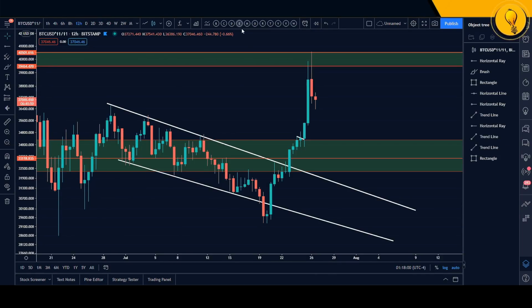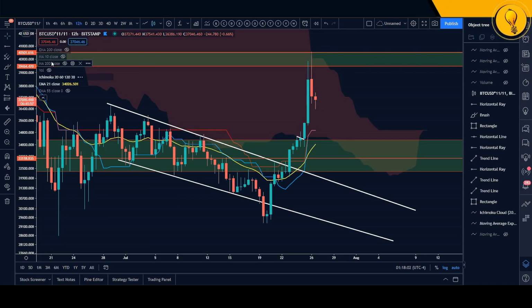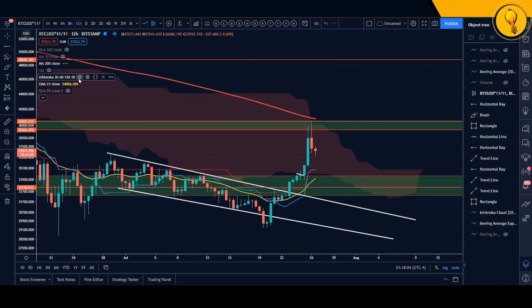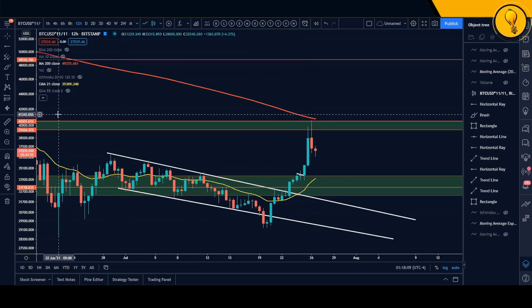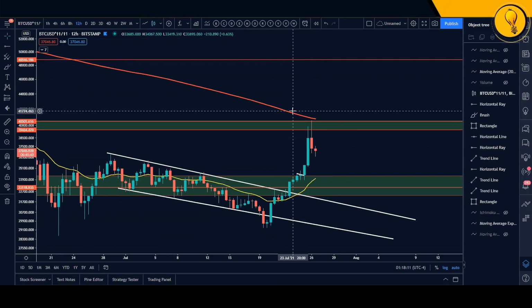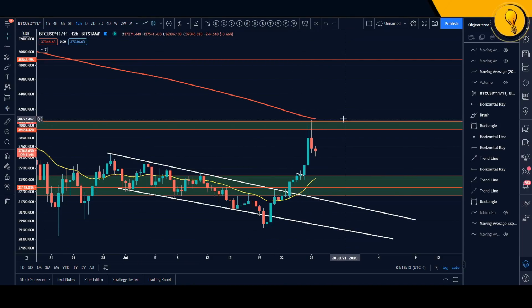Put on that 200 simple moving average. I'm going to go ahead, put that on right there, put off the cloud, and what do you see? Right, so that was so neat, because we had the green box territory right there, we had the 200 simple moving average, and that was essentially a 1 hour bullish divergence play going all the way up into 12-hour resistance